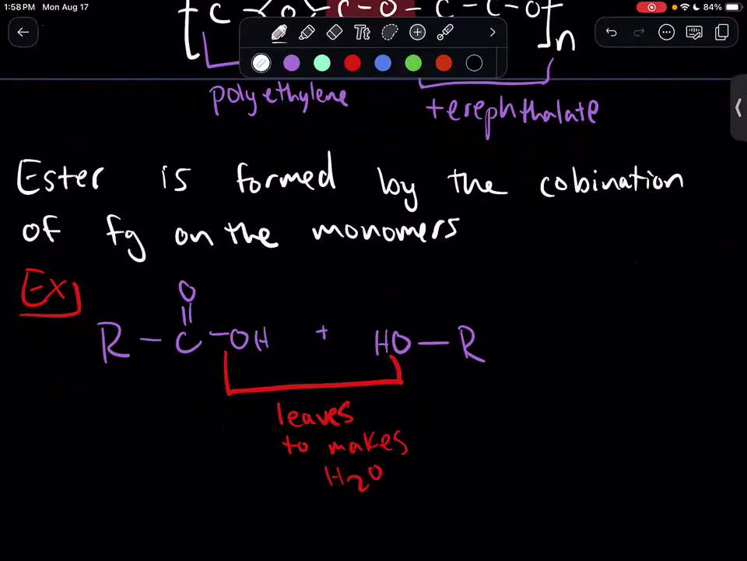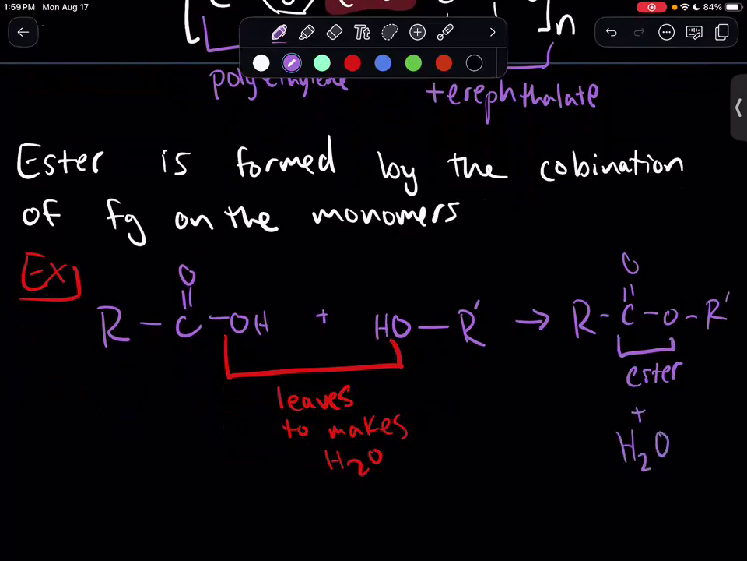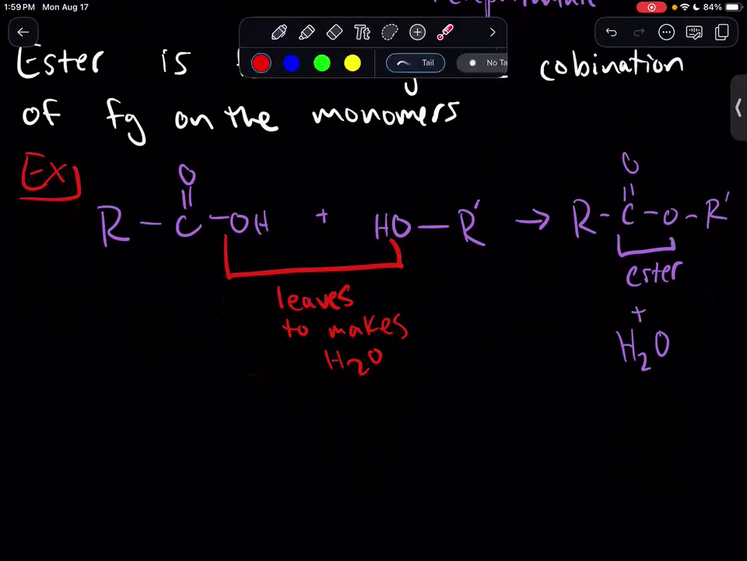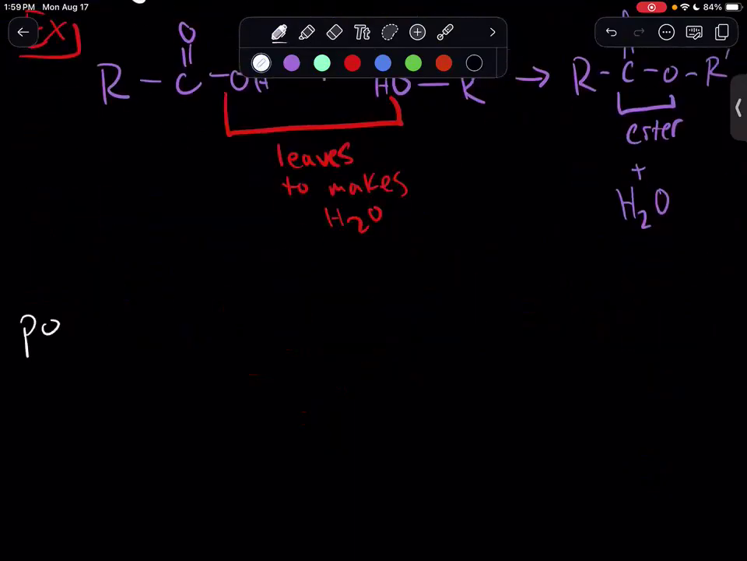So our product of this reaction, and I'll say R prime just to differentiate, is R C double bond O O R prime. And we have our ester. And we also have water as a product. And that's the formation of esters as a condensation reaction. Now, you'll notice here this is just kind of a closed system. It's not a polymer. So when we make polyesters, so that was just a singular ester, but when we make polyesters,